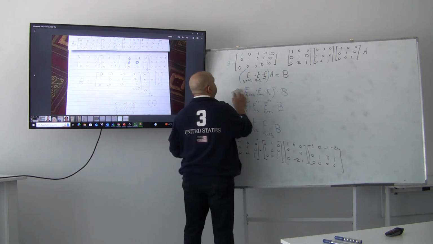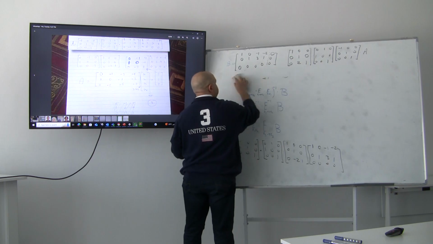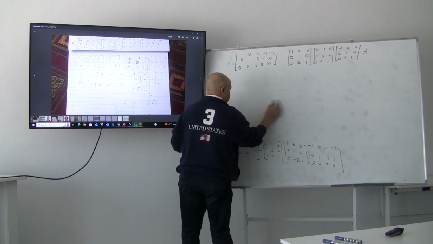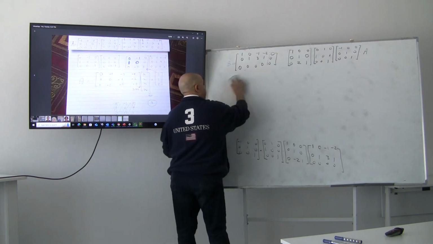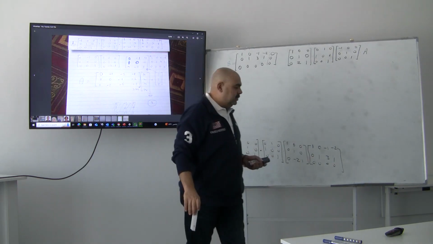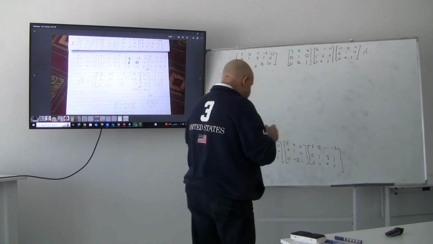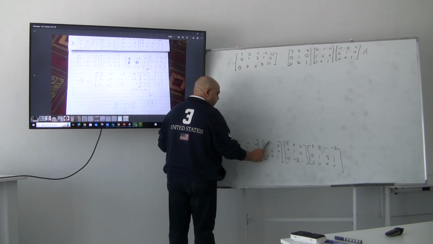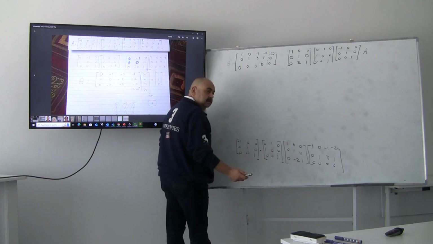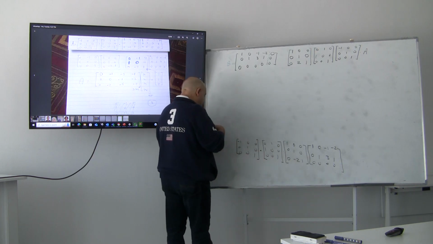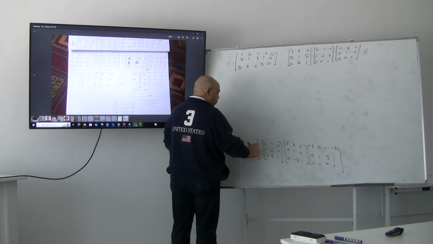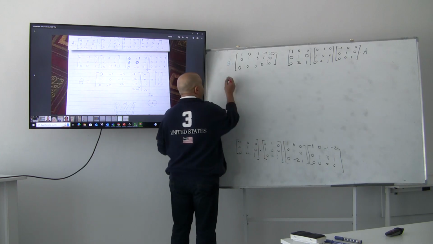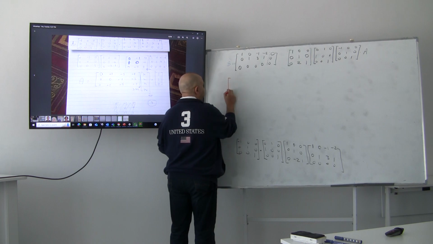I can erase them now and start from the beginning. Once you multiply this matrix by that matrix, what's the result? It means I will multiply the first row by negative 1. So the first matrix, or the result matrix